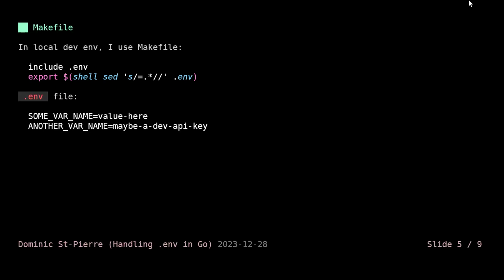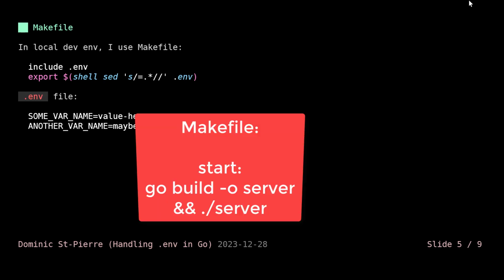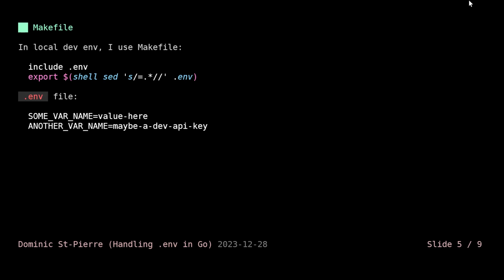So any kind of make command that you have in the Makefile, be it a build, a start or a test or anything like that, then the environment variables will always be loaded. So I find that this is just working for me. It prevents me from having to have any kind of dependencies, and also since I'm already using Makefile,